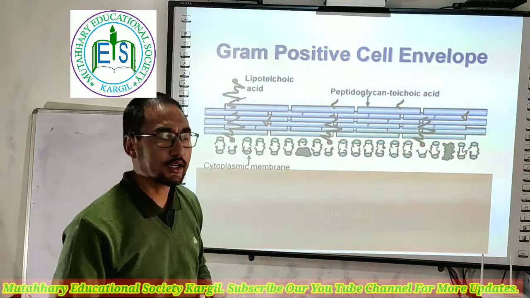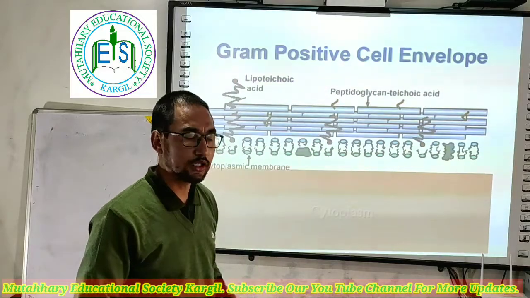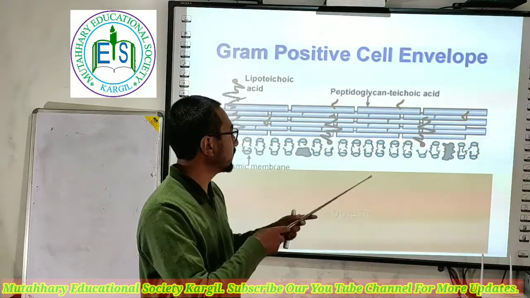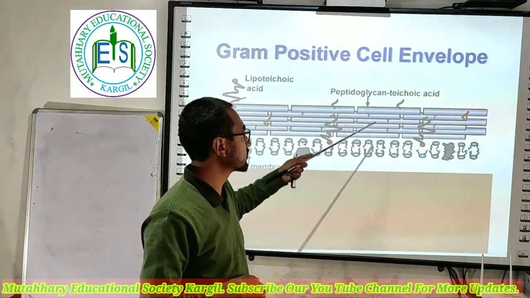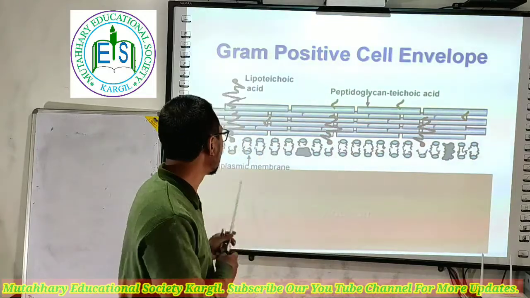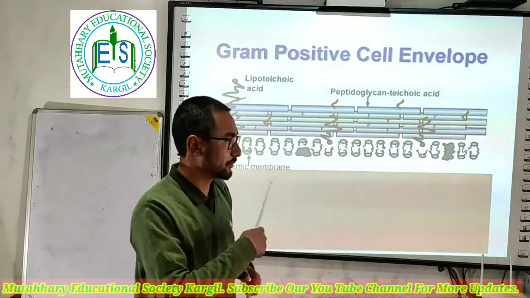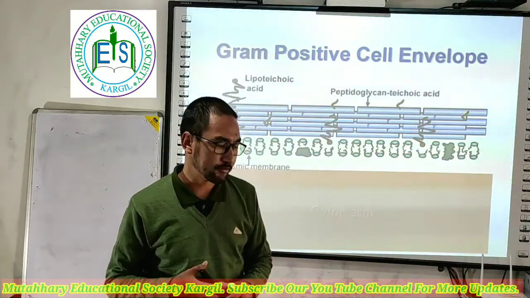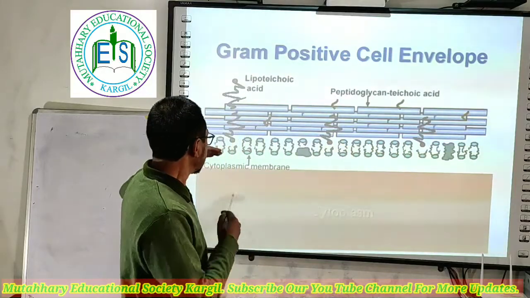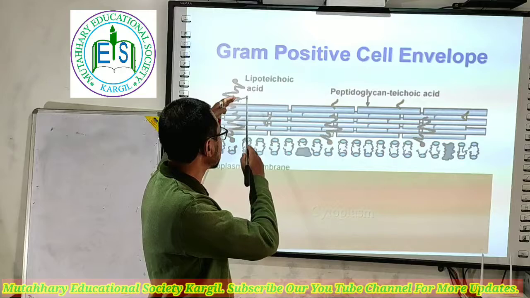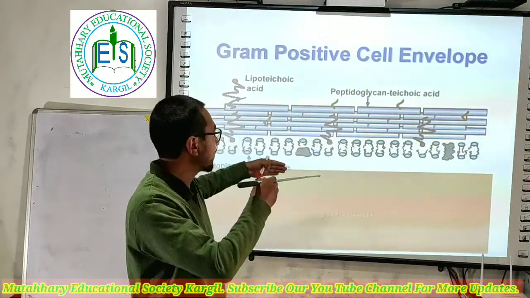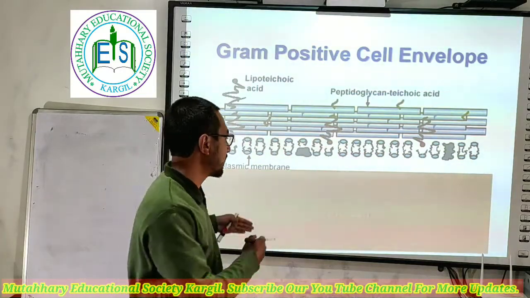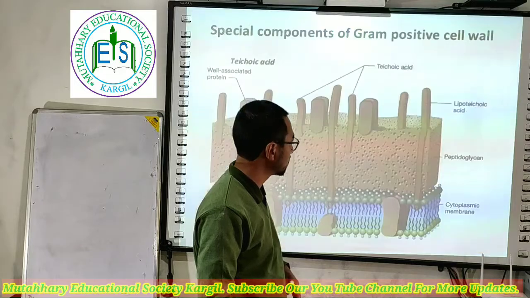So this is how a gram-positive cell wall looks like. You have a teichoic acid layer, you have a peptidoglycan layer, and in between the peptidoglycan layer there are molecules of teichoic acid embedded in, and you have the cytoplasmic membrane, and here this brown color is your cytoplasm. Fine. So peptidoglycan layer है, उसके बाद in between these embedded teichoic acid molecules, and there you have the cytoplasmic membrane system. After that you have the cytoplasm.